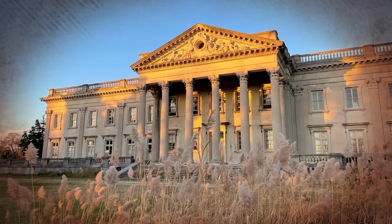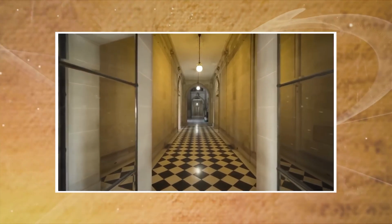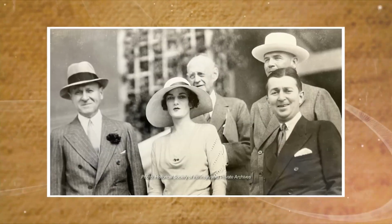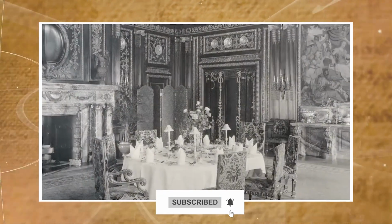The estate also includes large, well-maintained gardens. These gardens provide a peaceful and beautiful setting for the mansion. Visitors can imagine what it was like to stroll through the gardens during the mansion's heyday, enjoying the flowers